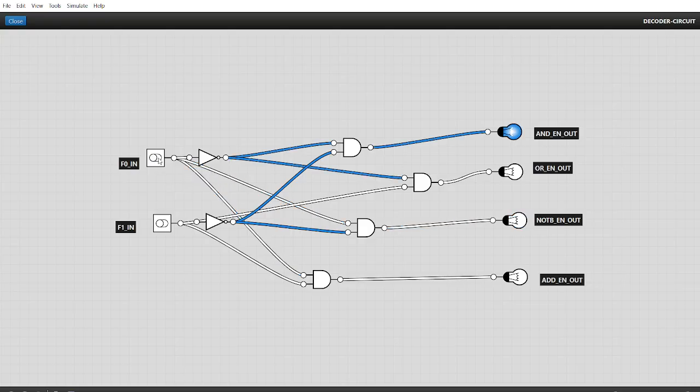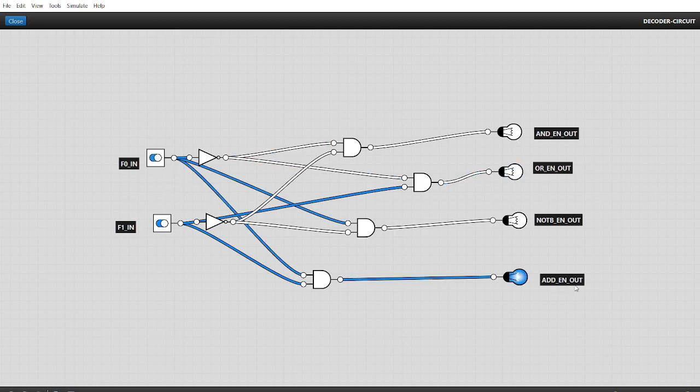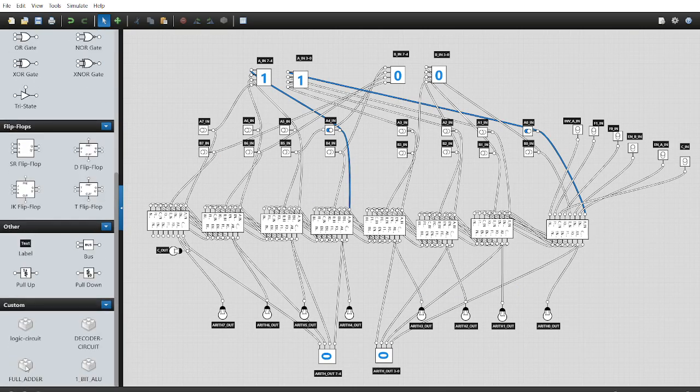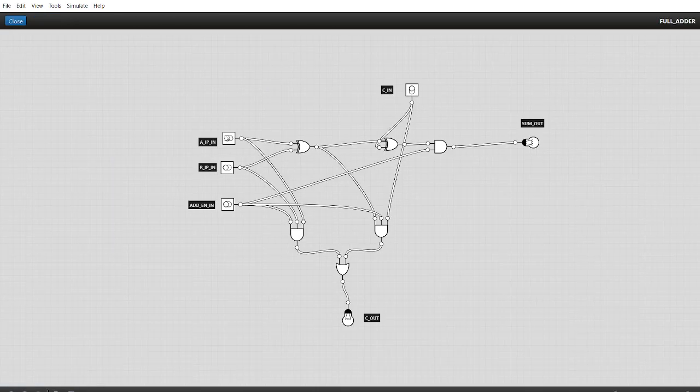If we have F0 as off and F1 as on, the OR enabled out is switched on. If we have both F0 and F1 switched on, the ADD enabled out is switched on. For my full adder, I had A, B inputs, ADD enabled in input, and carry in input. If we turn on A, B, ADD enabled in and carry in, the outputs, that is C out and